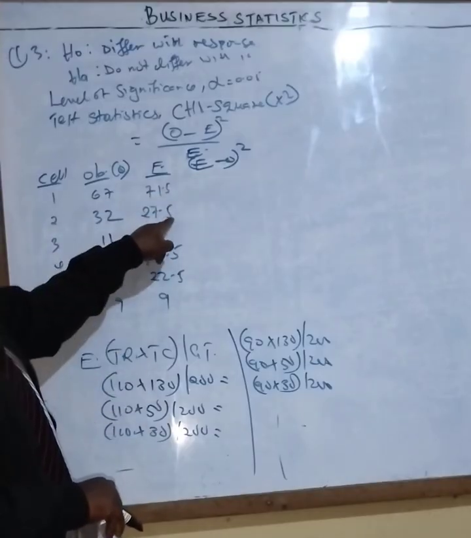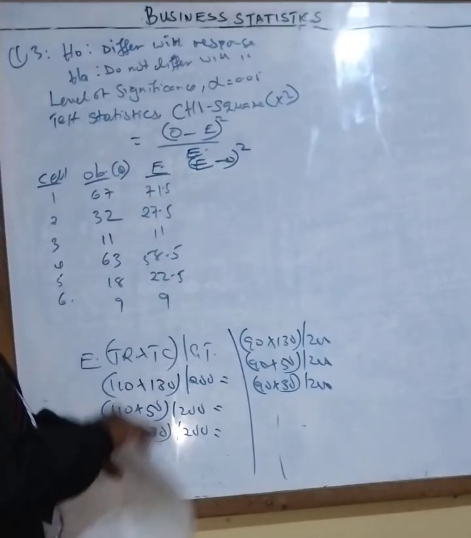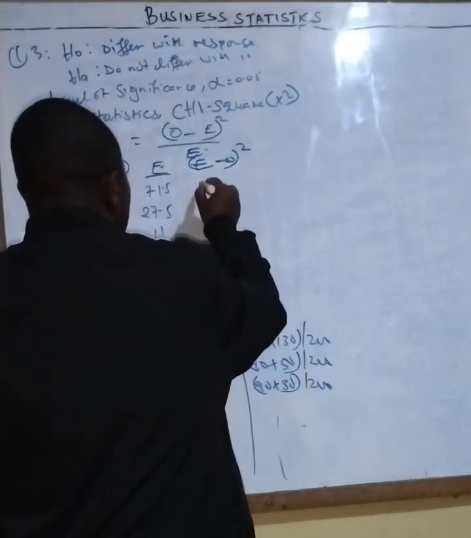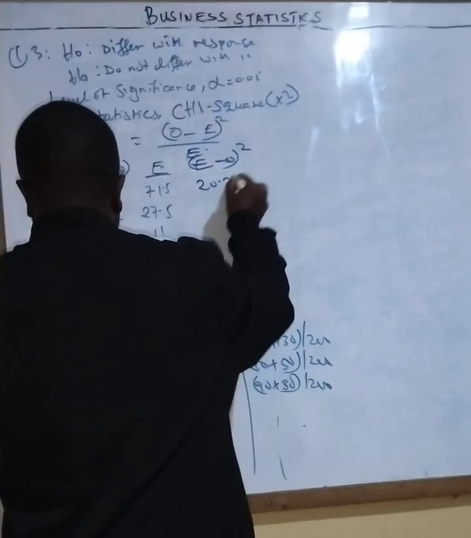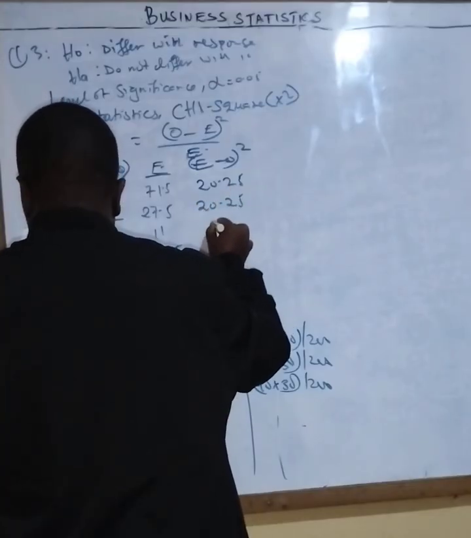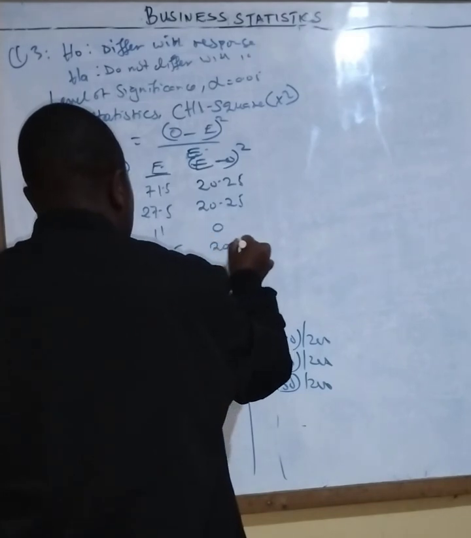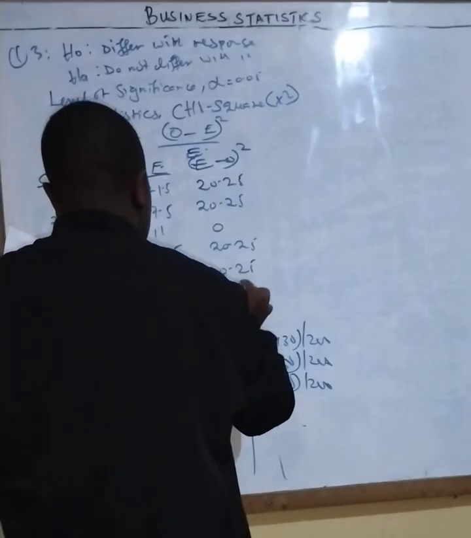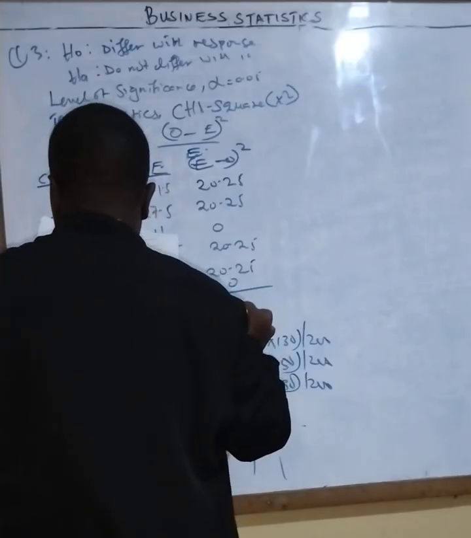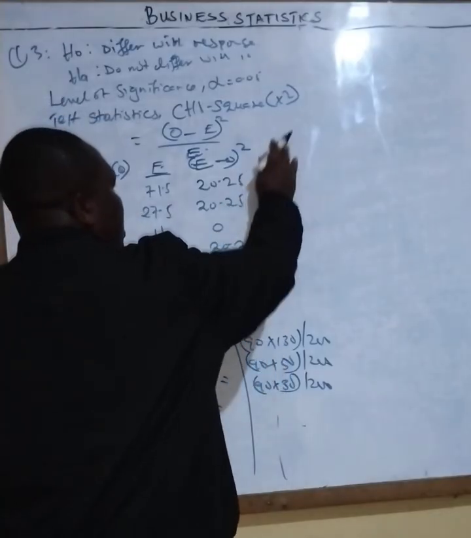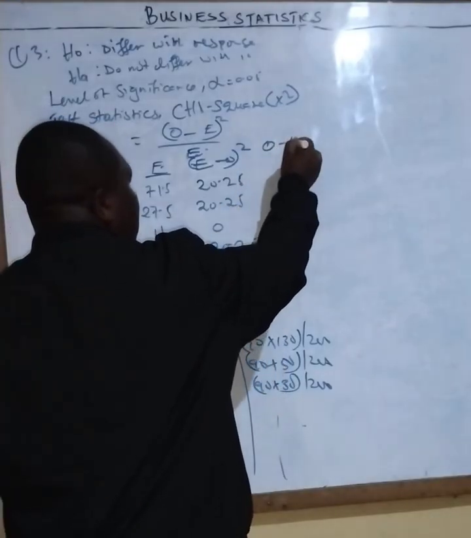The same 27.5 minus 32, you square. So when you work out that answer, the answer you get is what we call 20.25. This is also again 20.25, 0, 20.25, and then 20.25, 0. Then you now come and say it is now E, O minus E